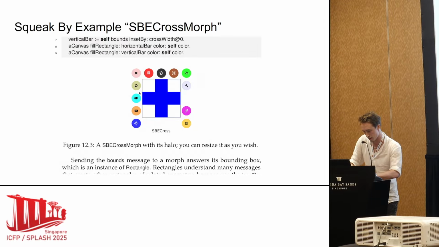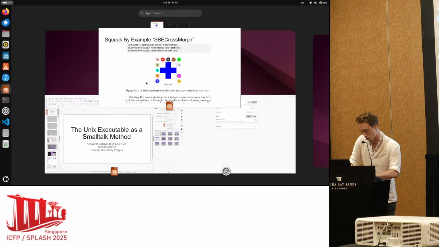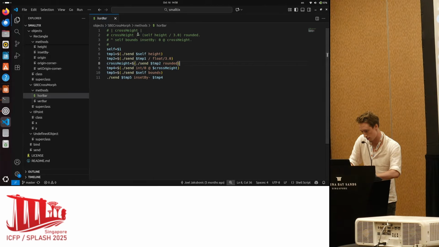So it should give coordinates for this corner and coordinates for this corner. So it's just a calculation, but that's what the horizontal bar method is supposed to do. And what I did was I just took all of the classes, which of course are objects and methods, and just ported them according to the Smalltalk connection into the file system. So for example, with the horizontal bar method, the Smalltalk source code is here, and I just translated it